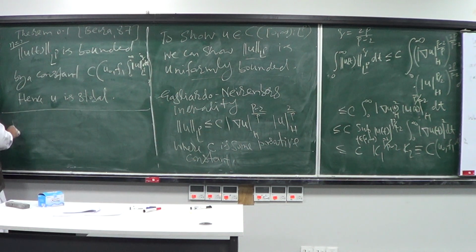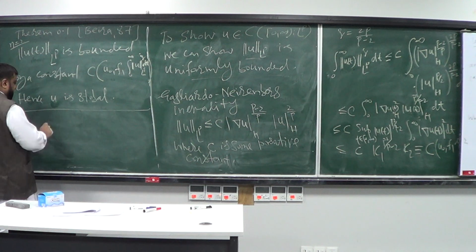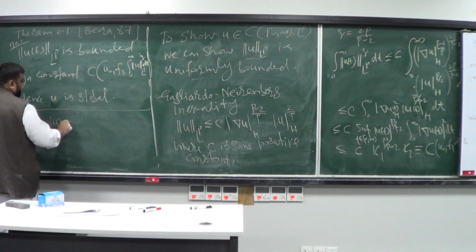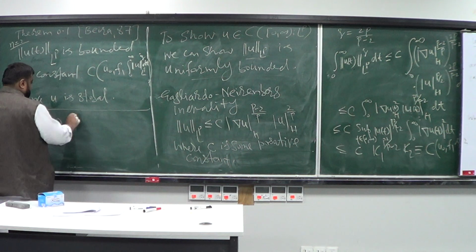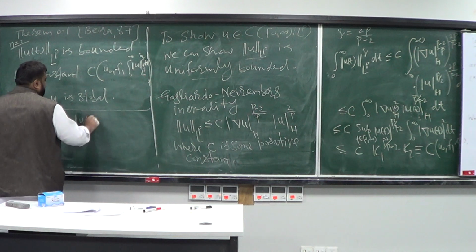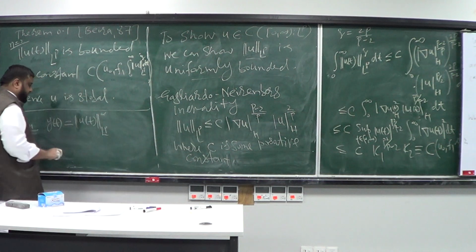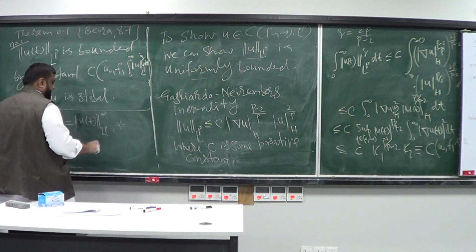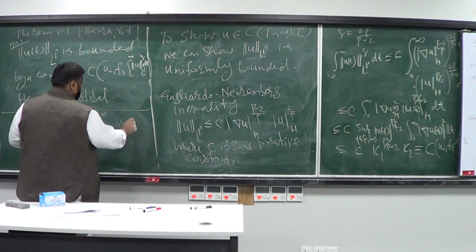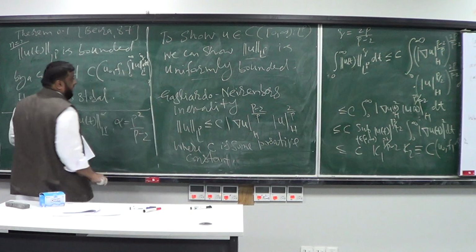The next claim is that if you take your global solution for the 2D Navier-Stokes equation and you take y of t to be the LP norm of the solution to the power alpha, where alpha is p squared by p minus 2, then